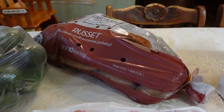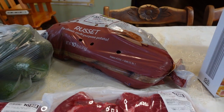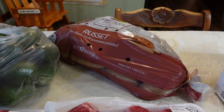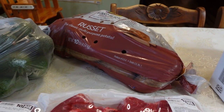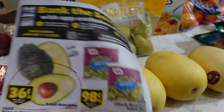I have a pretty good stockpile of potatoes right now in the root cellar, so I just got the one bag this week. And we will use these in a first in, first out rotation so that the older ones are getting used up before the newer ones. On the back side, let's see,